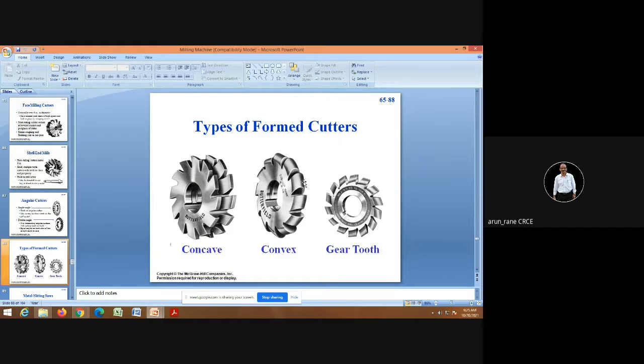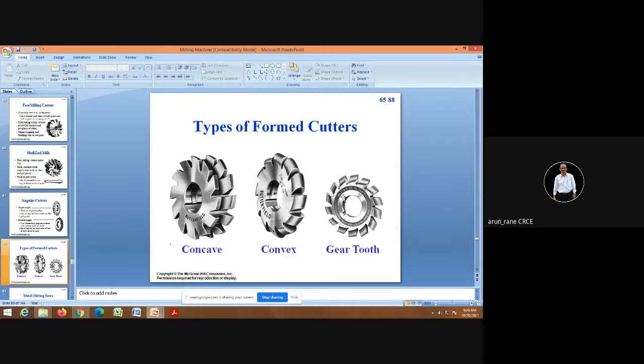Now on the workpiece you are going to get a concave shape, and so the cutter will be convex. Concave means, if you see a saucer, a chai ka basi, it is concave. That surface you will get on the workpiece. So the cutter will be exactly a replica of that, the opposite, a mirror image. So this is a convex radius form milling cutter. This is concave. See this, इधर खड्डा है. So this is going to generate a convex shape on the workpiece.